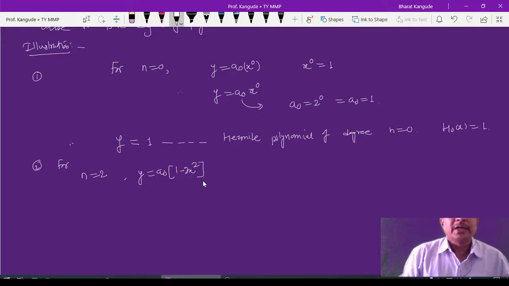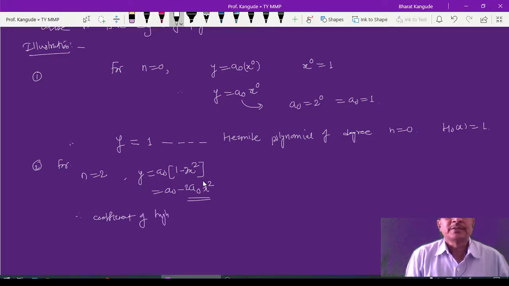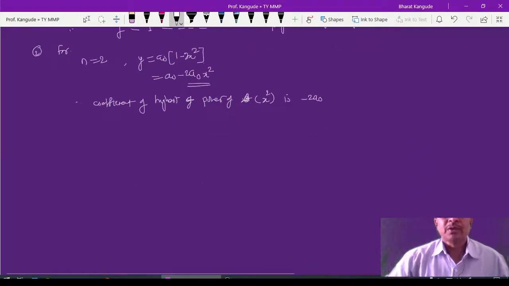Now if I simplify this, this will become a0 minus 2a0 into x square. So the highest power of x is x square, and the coefficient of this is minus 2a0. Therefore the coefficient of the highest power of x, that is x square, is minus 2a0, and according to our definition we have to